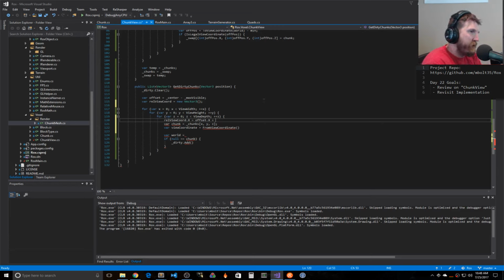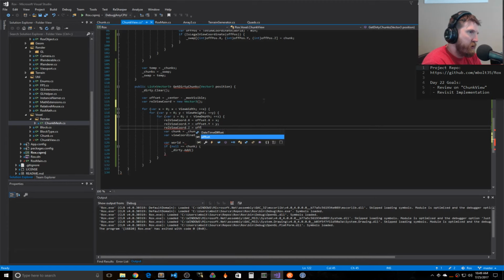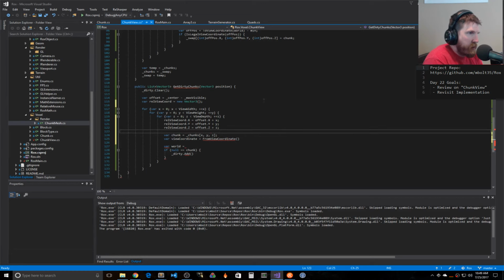x rel view coord.x plus x, view coord.y equals offset.y plus y. View coord.z equals offset.z plus z. So this is basically offsetting our offset by where we are in this loop. So this is taking the minimum value we can have based on our center position, and we're iterating through here, and then we're incrementing it, and we're adding those increments to the offset each time. And from that we'll do this, where